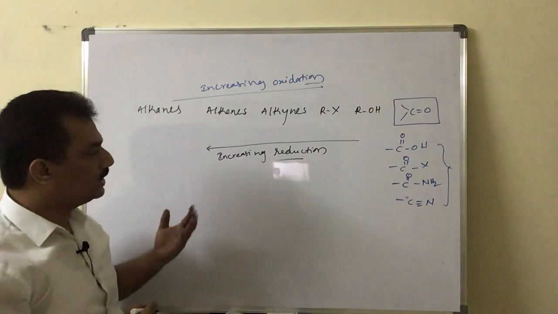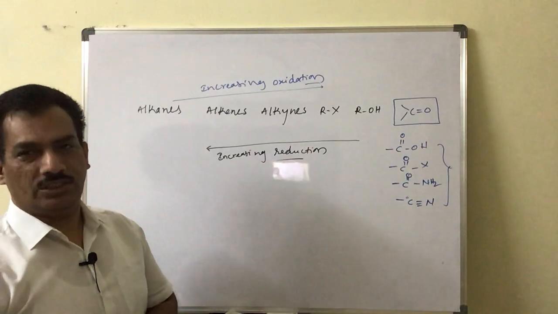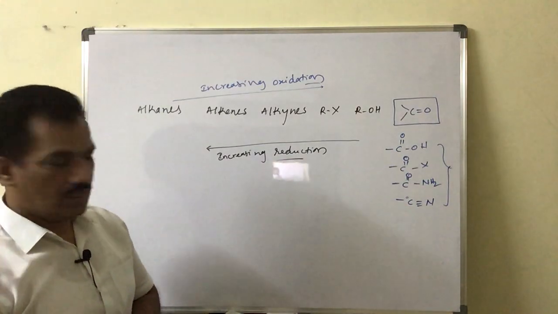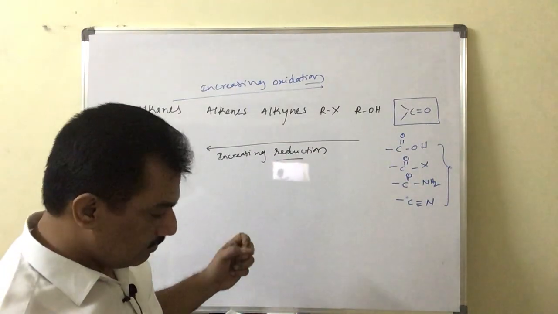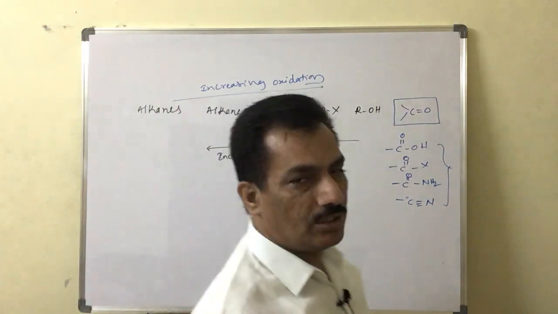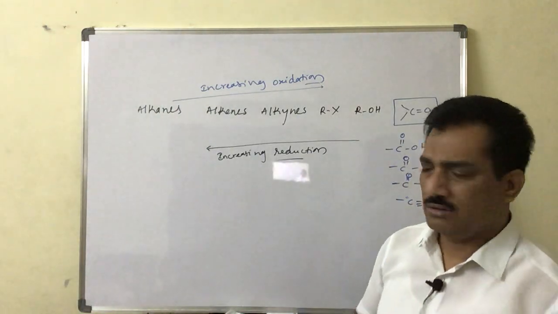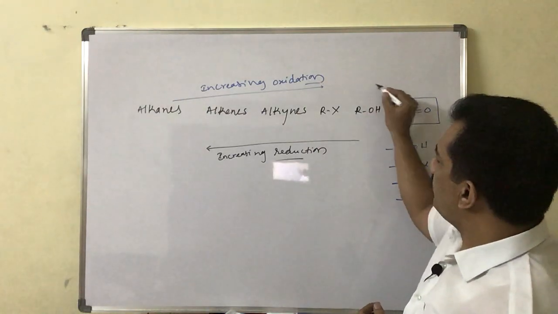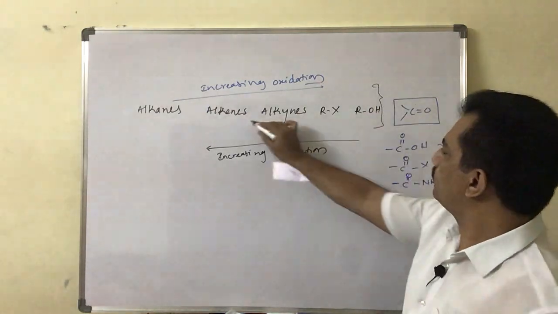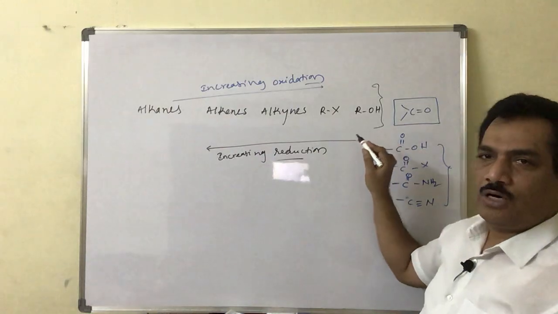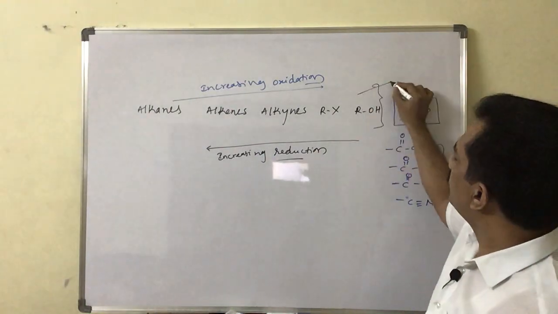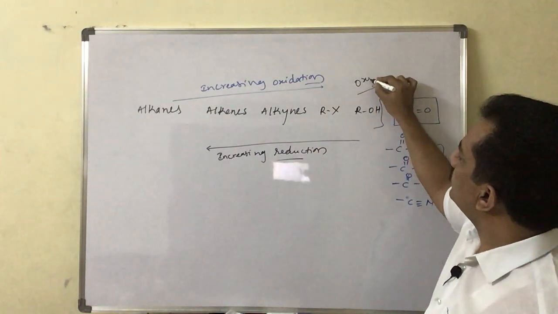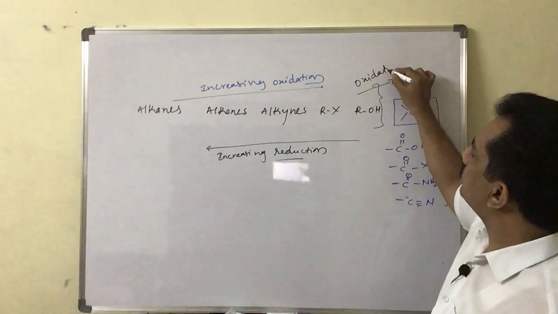That means increasing reduction means decrease in oxidation, simply. Clear? And now, when this is the arrangement of different homologous series, when we are preparing these carbonyl compounds from any of these groups, what we have to use is the oxidation process. It should be oxidation,